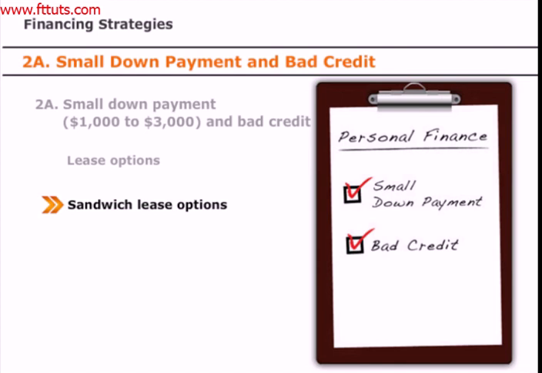Sandwich lease options are similar to traditional lease options, but they differ because you're not actually buying the property until your tenant is ready to buy from you. In this strategy, you're considered the middleman in the transaction as you pass possession from the original owner through you to the tenant buyer. When you lease option the property to the tenant buyer, you will also ask for a small down payment. This payment should be large enough to recapture your own down payment as well as some of your holding costs. To maximize profits on a sandwich lease option,